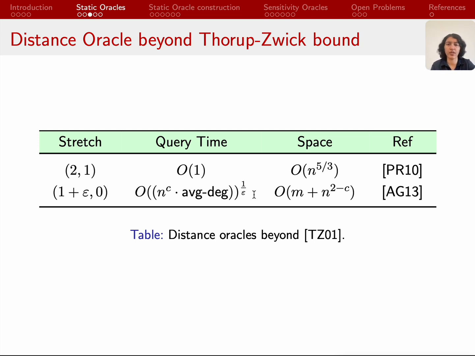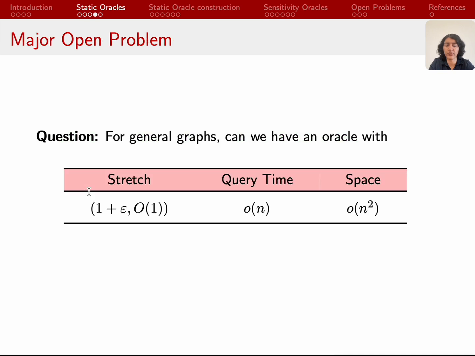Now it's natural to ask if we can get oracles which have nice space which is subquadratic in n, query time which is sublinear in n, and stretch also close to 1 plus epsilon. So we show that it's indeed possible. This is the open problem that we study, and we show that it's possible to obtain an oracle which